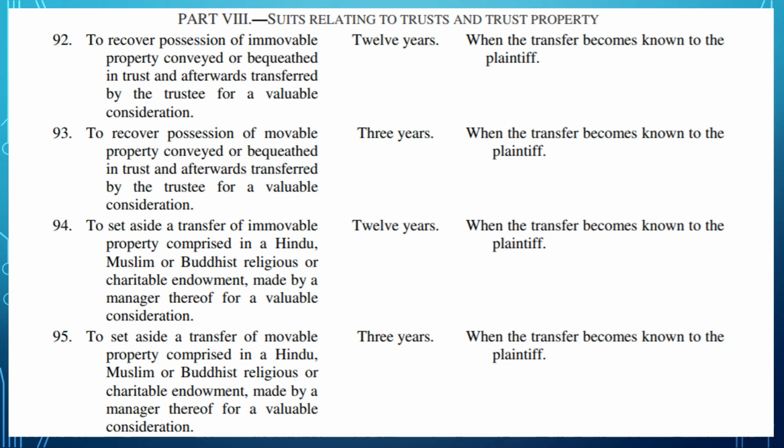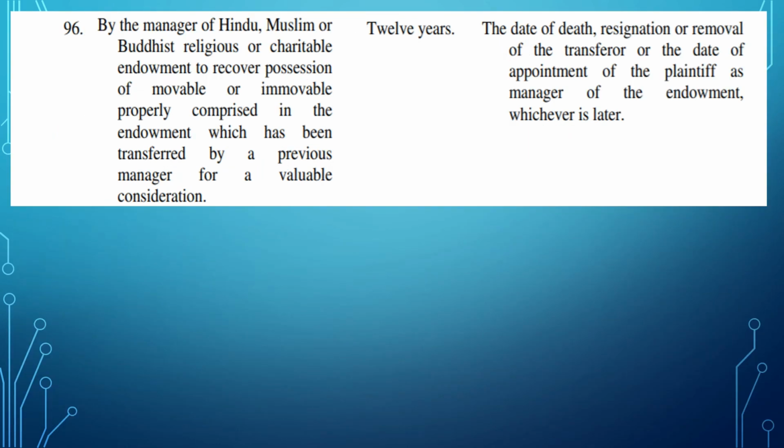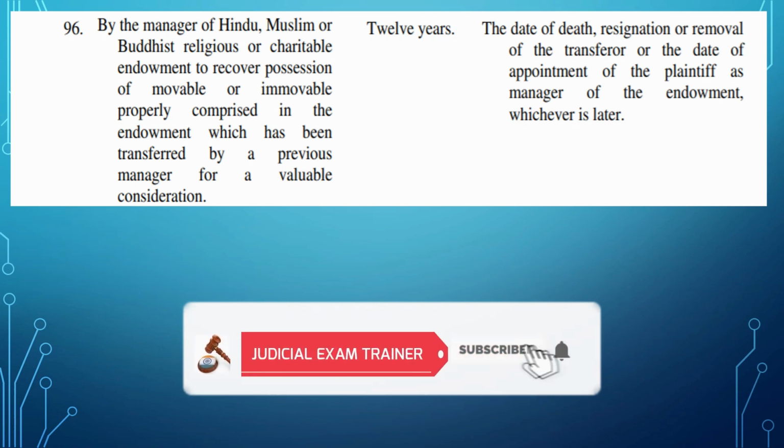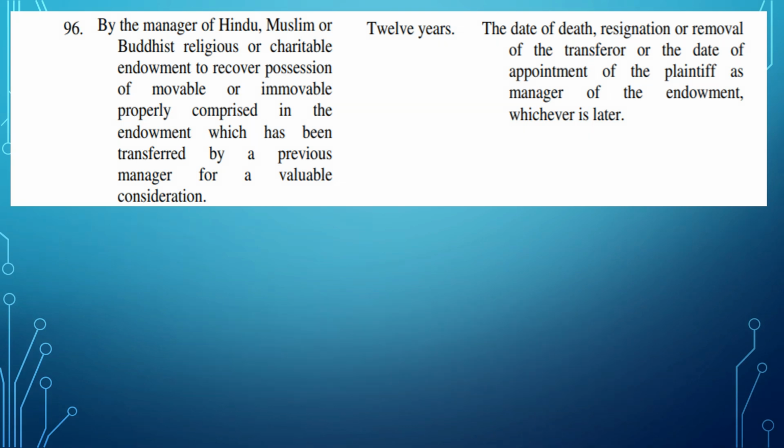And in case of a Hindu, Muslim or Buddhist religious or charitable endowment trust, if a manager transfers the property for a valuable consideration, in that case, you need to file a case within 12 years when you come to know that the property has been transferred, in case of immovable property. And in case of movable property, it is 3 years from the date of transfer. And section 96 says, if a previous manager has sold trust property for a valuable consideration,